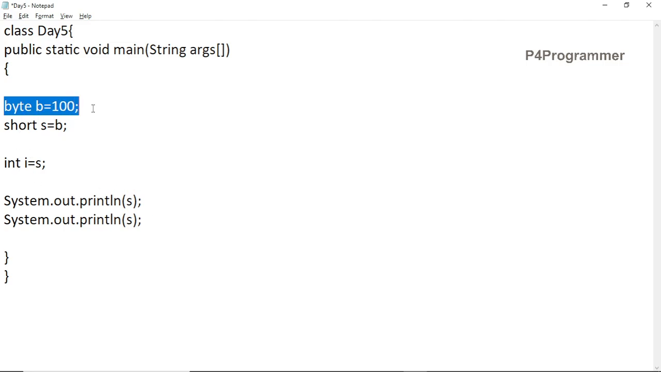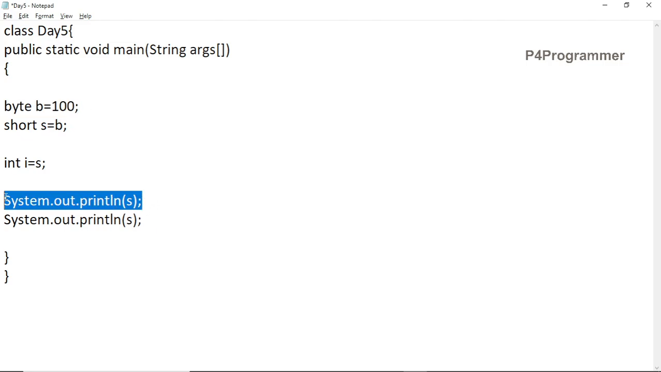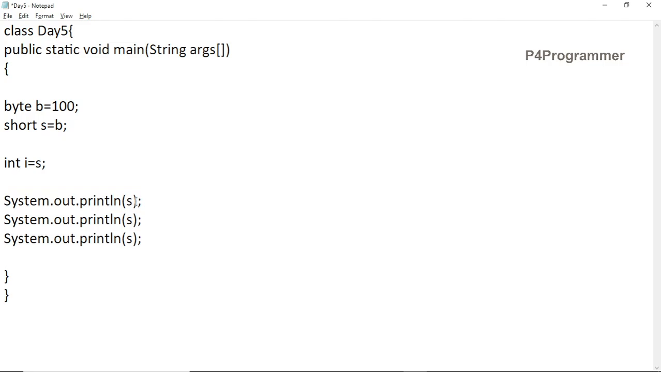And also byte. Oh sorry. First one is byte. I'm writing some comment for byte: byte data type value. Content. Then b. Here also I'm writing short